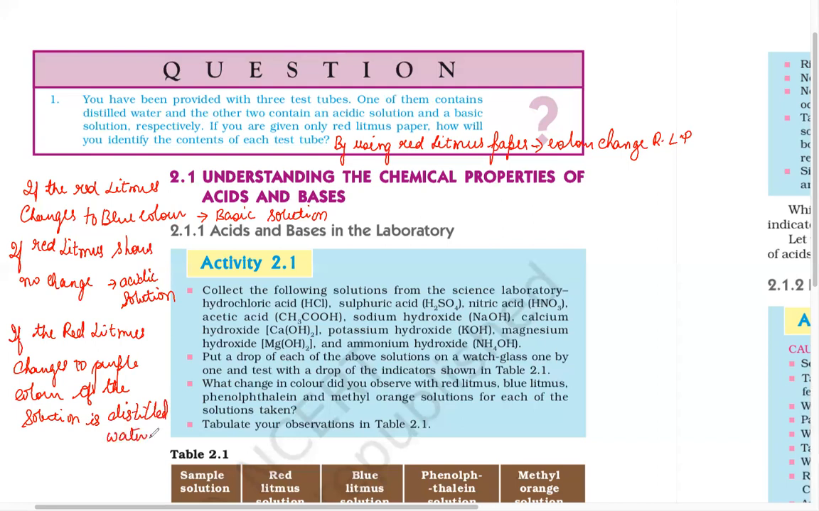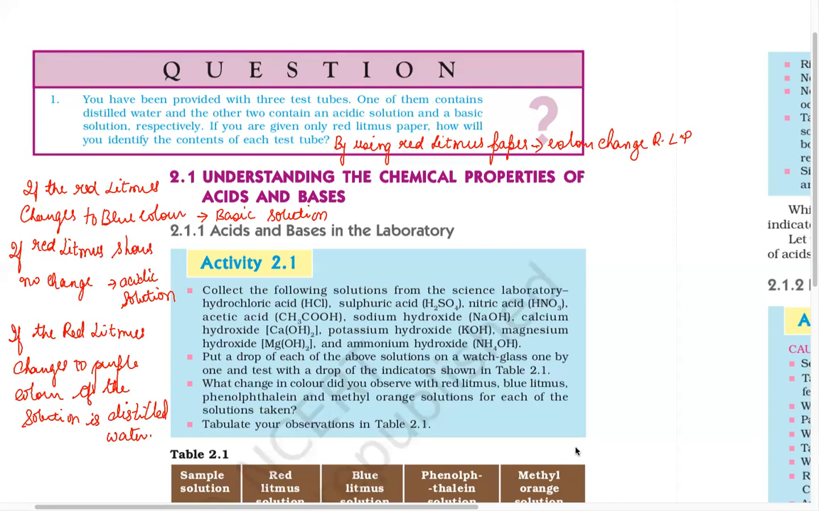So what you're going to learn is very simple. If the red litmus shows no change, then it is an acidic solution. If the red litmus paper changes to blue color, then it is a basic solution. If the red litmus paper changes to purple color, then it is distilled water. And now we go for